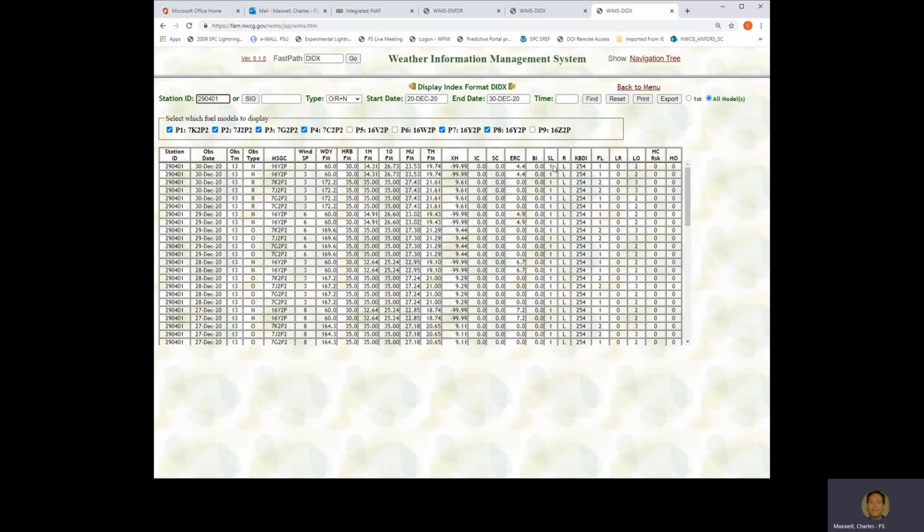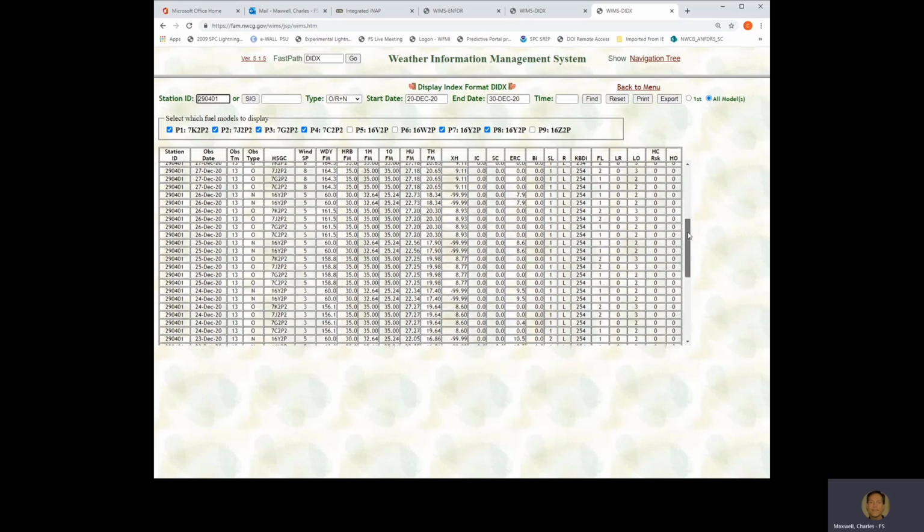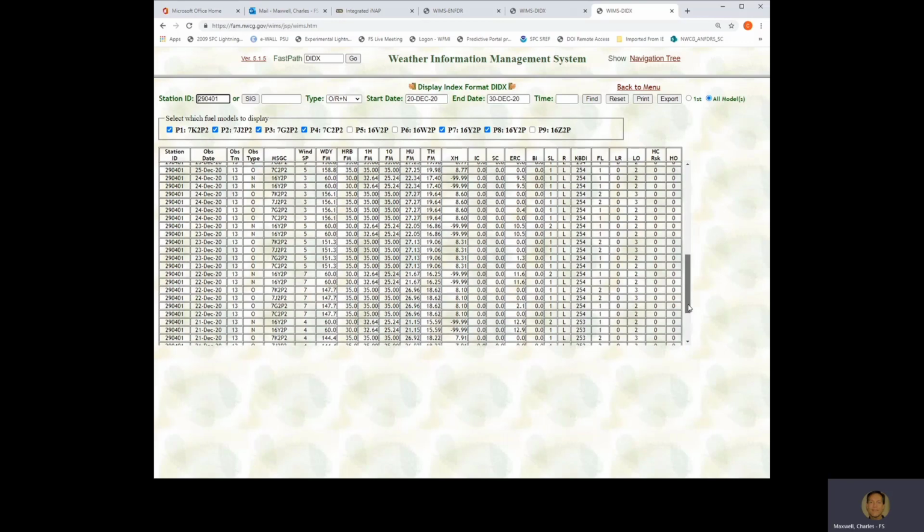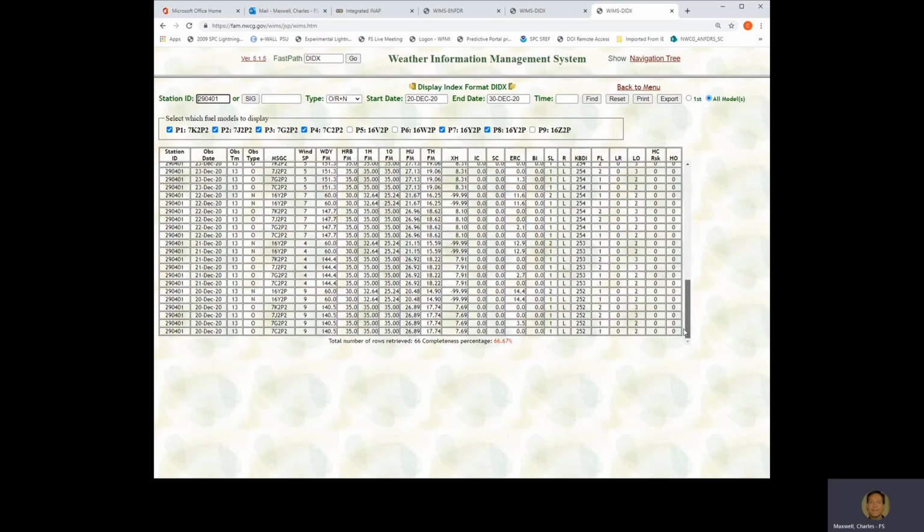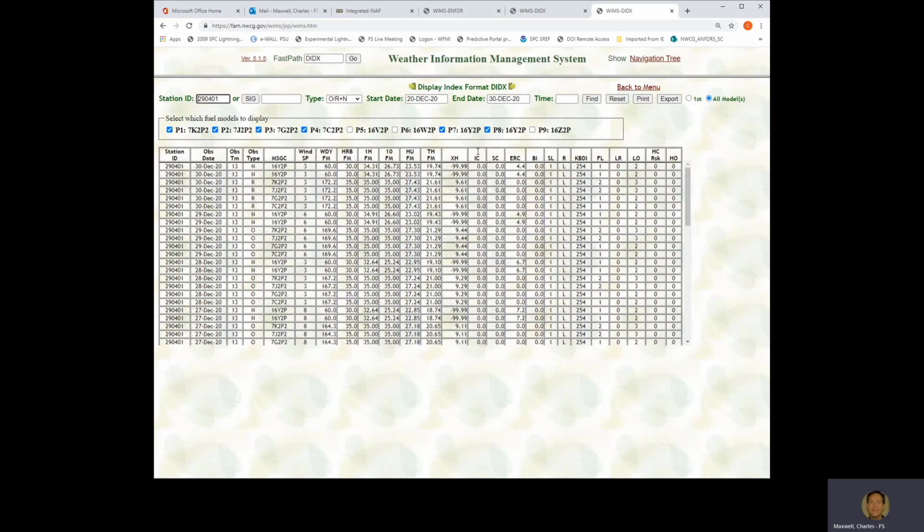This time, however, we do actually have computed staffing levels and adjective ratings back through the period that we recalculated. So in theory, you could look at the staffing level and adjective rating back over an extended period of time. And there are some differences in there to see how changing fuel models impacted that particular metric that you might be using for decision making. That's just one way to see how things work.